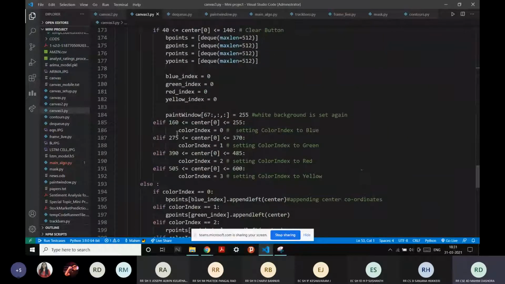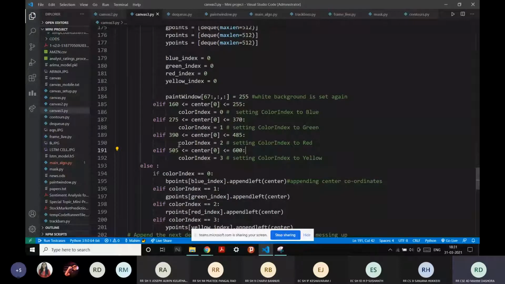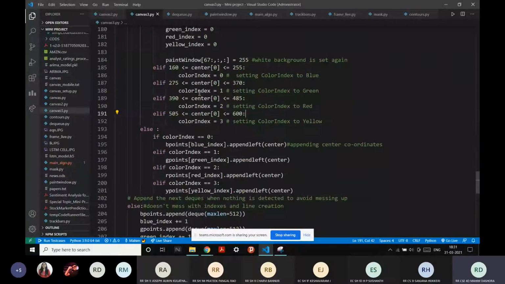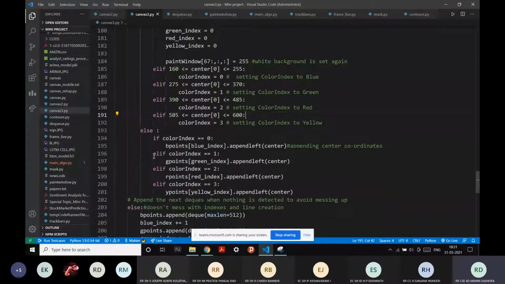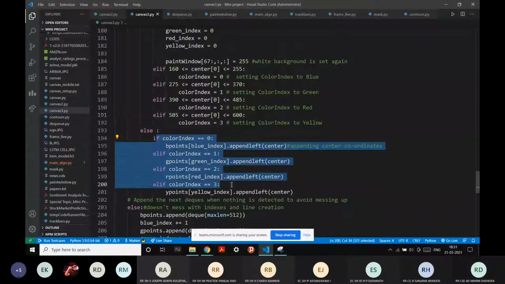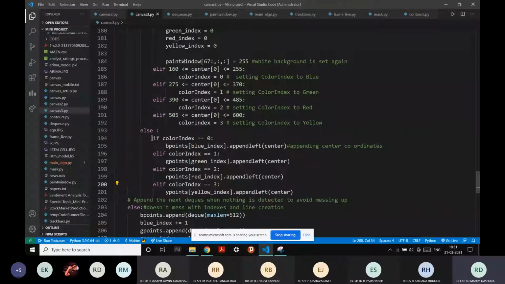So this will be just to see whether we have selected the blue, green, or red button. So just to mark them, and when we have selected them, now is the time for drawing. Okay, and if our color index is 0, blue center coordinates,